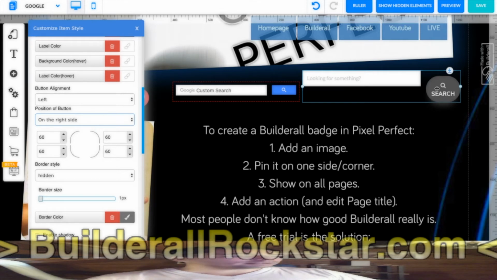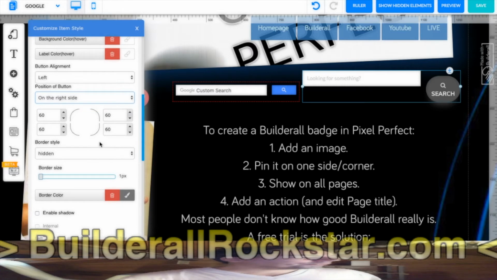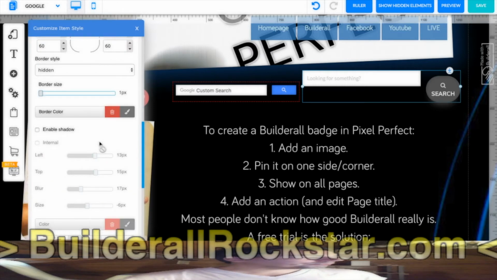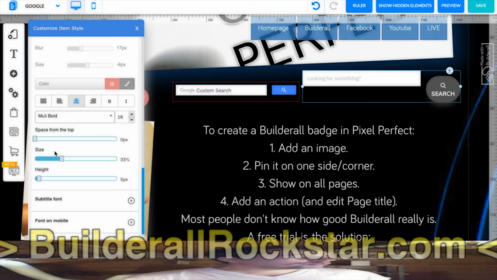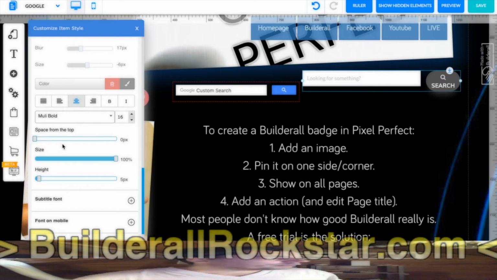If you don't like it because it's not aligned, there are other things to set if you want. Space from the top, size 8. I don't know, you have to see. So 8 is not good. Yes, it's good. 8, 5, okay. And size 100%. Space from the top, okay.